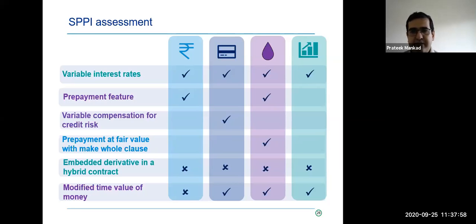Because let's take the example of a 100 rupee loan. I have paid 3 years, right? So let's assume 60 rupees of the principal is repaid. Now, when I'm prepaying 40 rupees, I'm charged 2% on 100, which was the original loan amount. Now, this could call into question whether it's time value of money or not. So, in most cases in the Ind AS scenario, when we have seen,